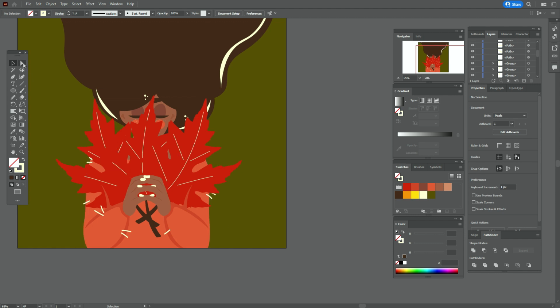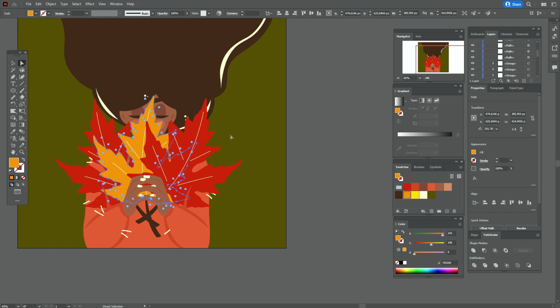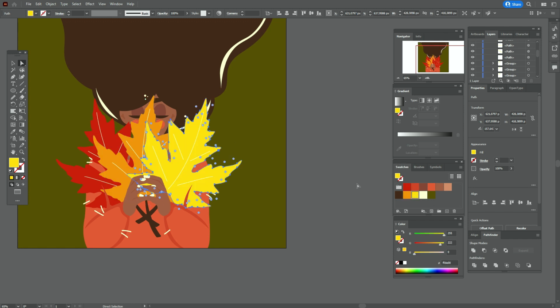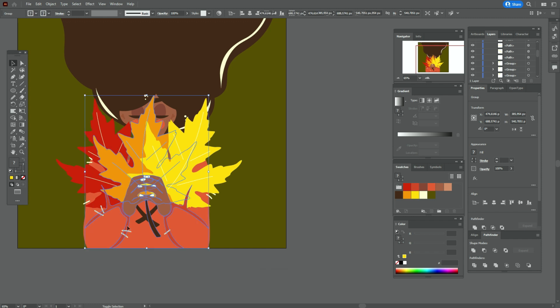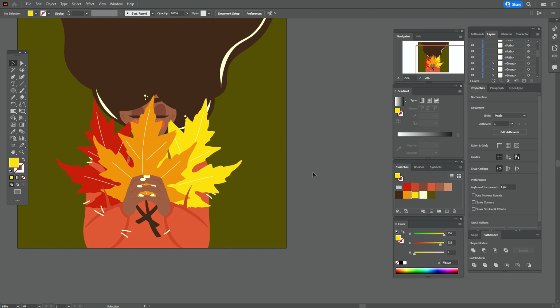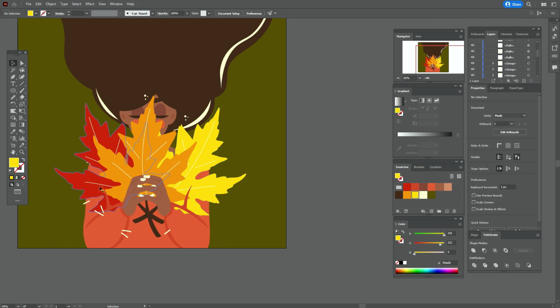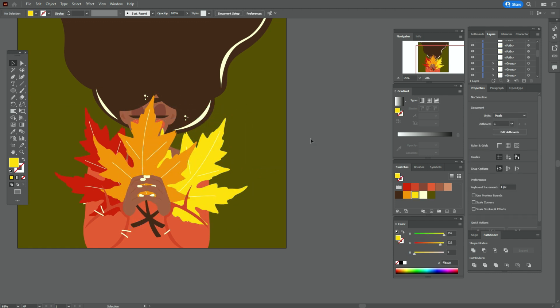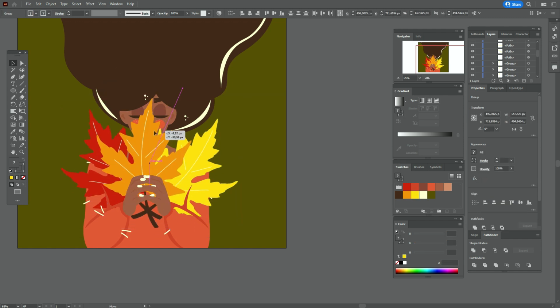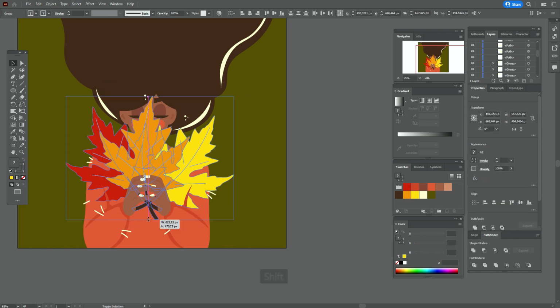now let's change the color. Take direct selection tool, select this one and take this color, and select this one and take that color, this leaf, and bring to front. And now let's play with the size of the leaves and make more interesting composition